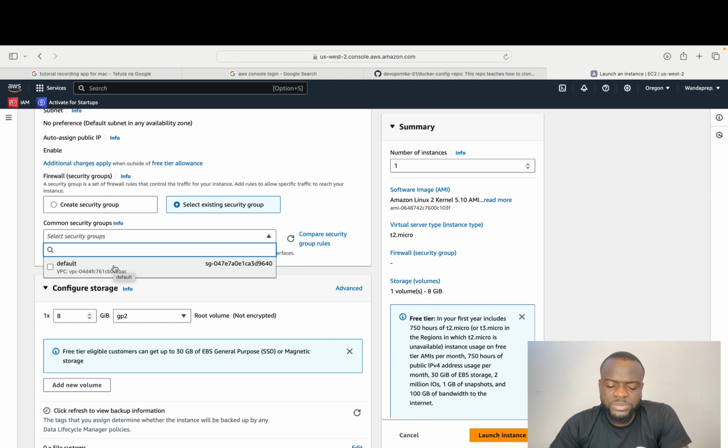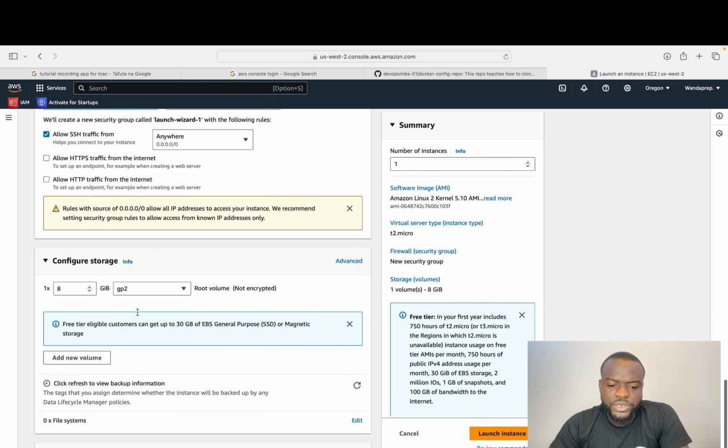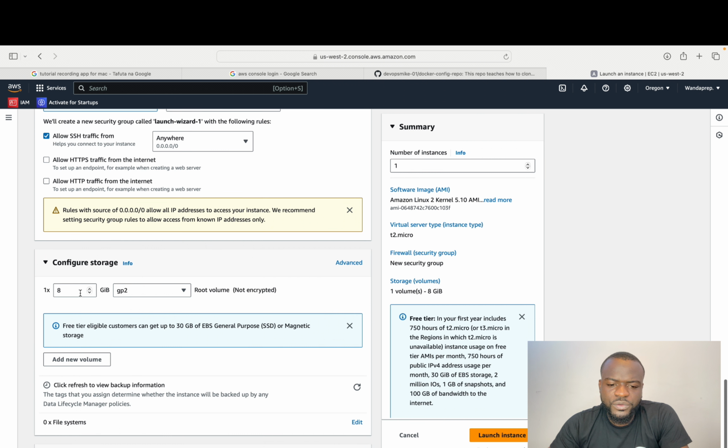This is a default security group that was created by the instance. So you can select this and work with that default, or else you can create a new security group. Now, after you configure this, you want to allow this storage as default. Now, if you have some configurations that you want to run with this instance on startup, you can set those